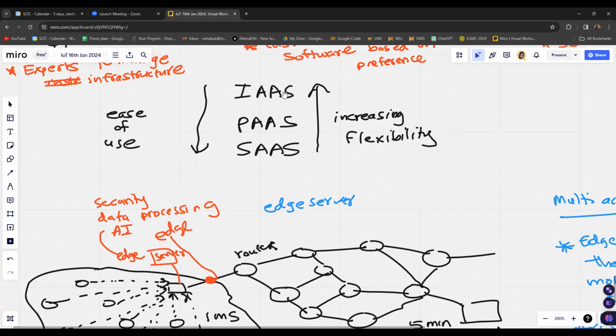However, if you know how to build the network architecture and software, then as you go up towards infrastructure as a service, it increases the flexibility for you to customize the infrastructure based on your requirement. Based on your knowledge, you can customize the service and make it more flexible for your requirement.